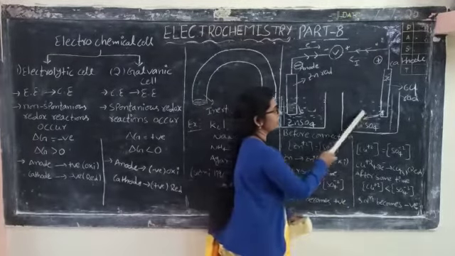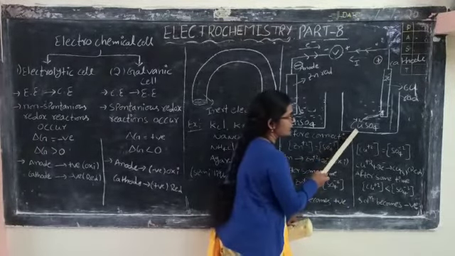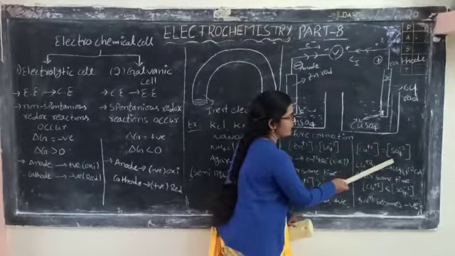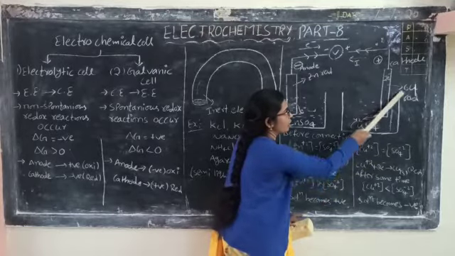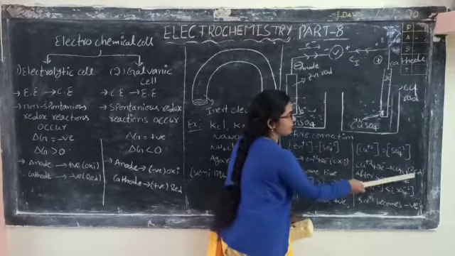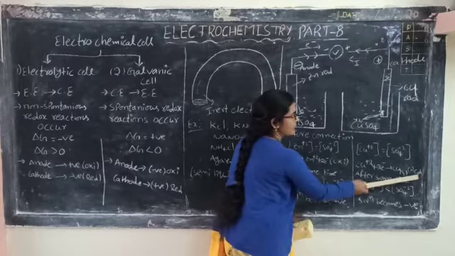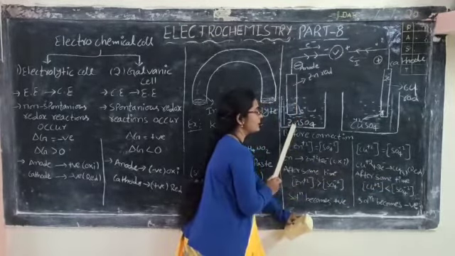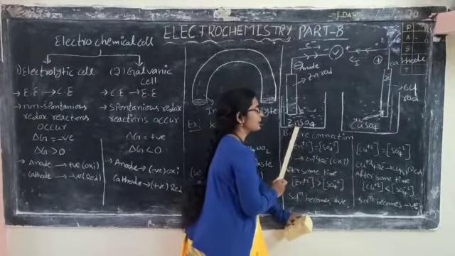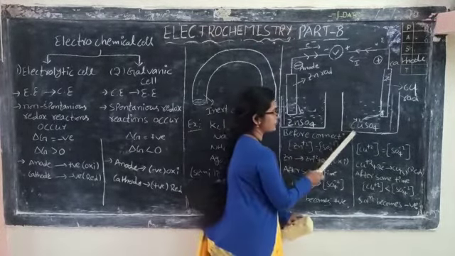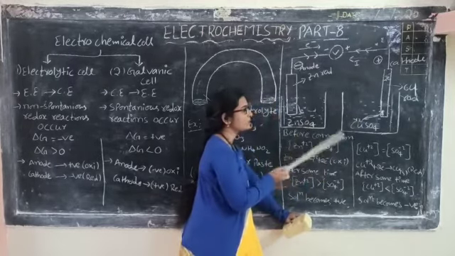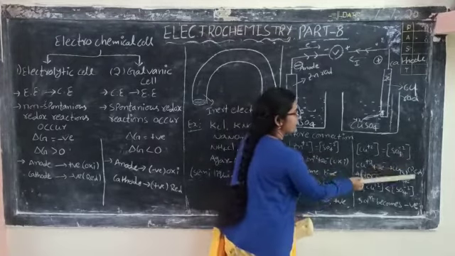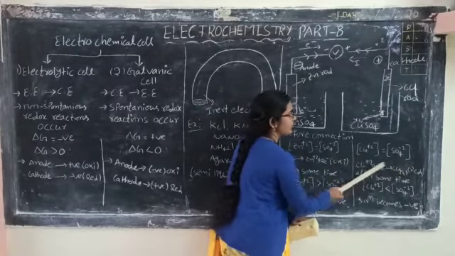Before connection, the concentration of Cu²⁺ ions and SO₄²⁻ ions are equal. So when we deposit the copper rod, what happens here? Reduction takes place. Why is it going to be reduction and why oxidation? We know the Zn²⁺ species has a lower SRP value than Cu²⁺. That's why the low SRP value species undergoes oxidation and the high SRP value species undergoes reduction. Reduction is nothing but the taking of electrons.